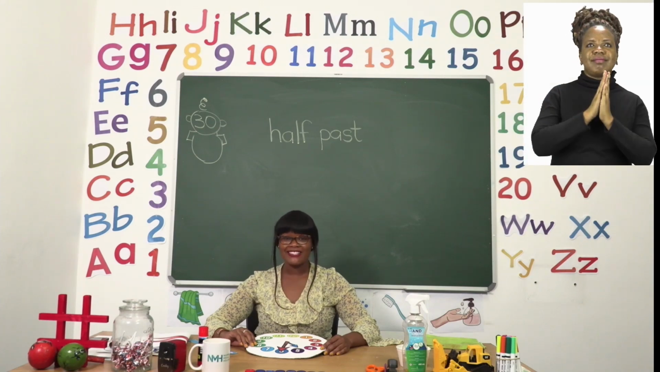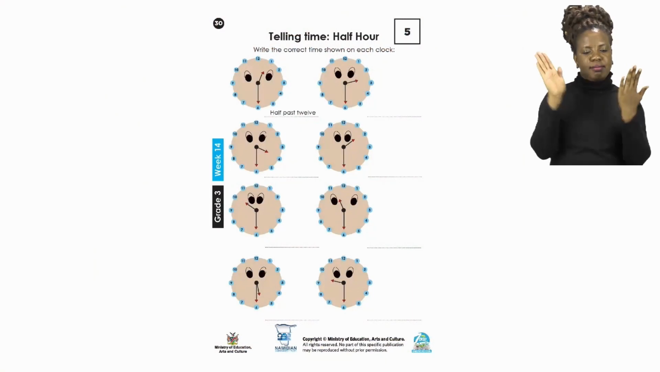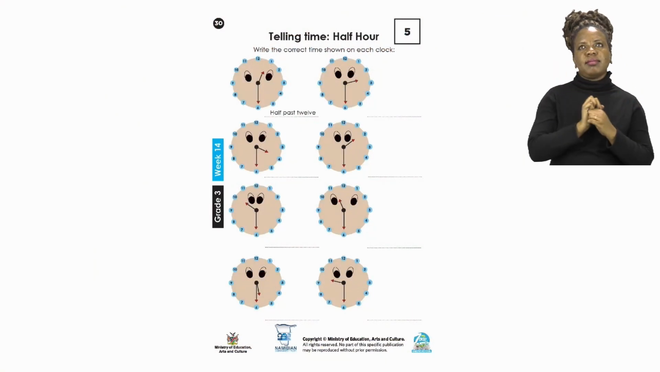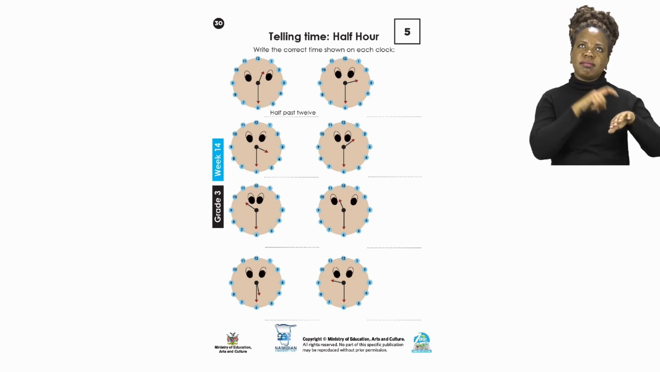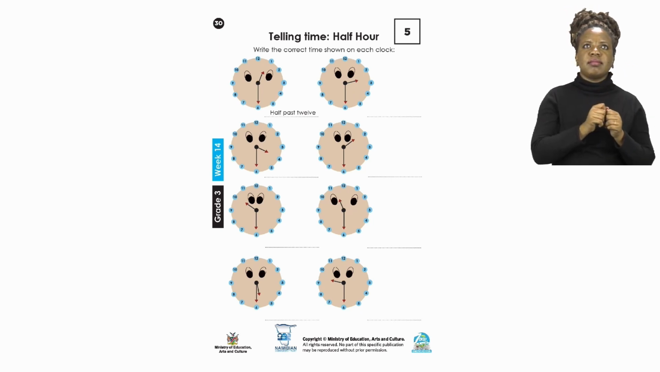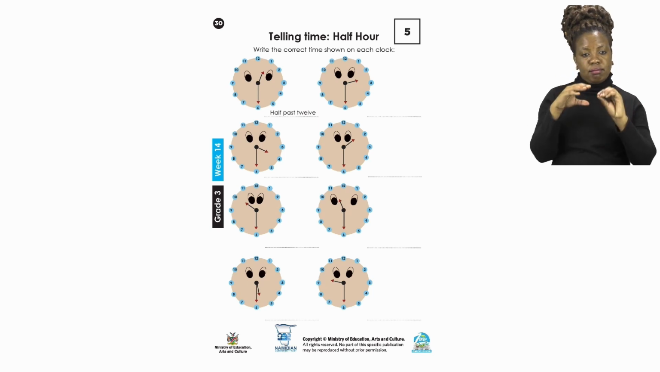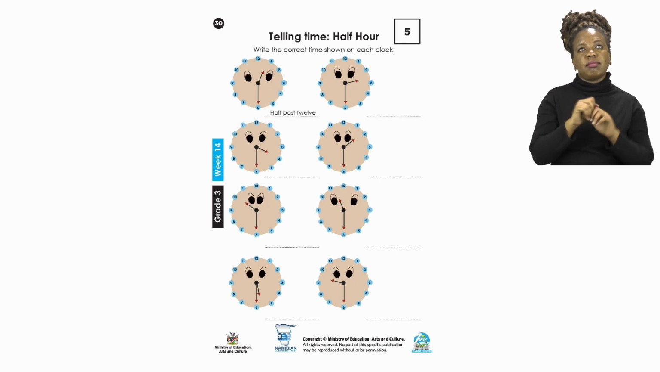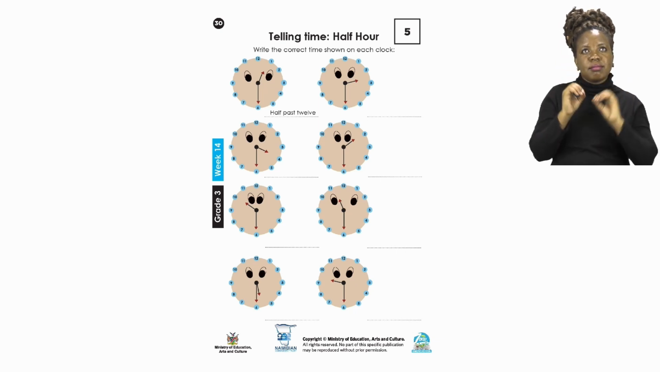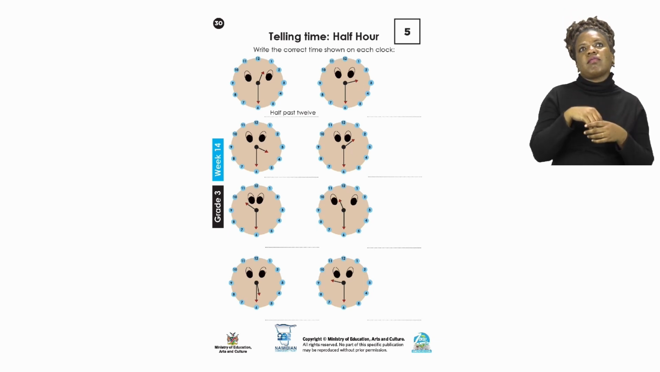Now for our last exercise, boys and girls, let's turn to page 30. On page 30, we will be telling time. Now, last time we did o'clock, and today we are going to do half past. Now, when we say half past, we mean that we are halfway until 1 hour has passed. They have given you an example there. The first one actually says